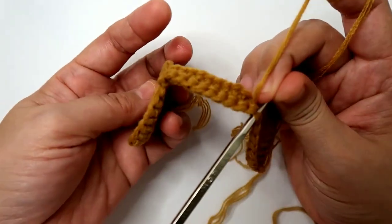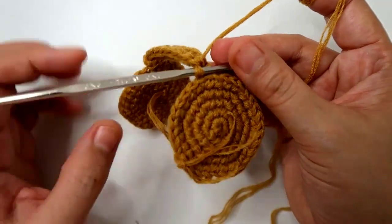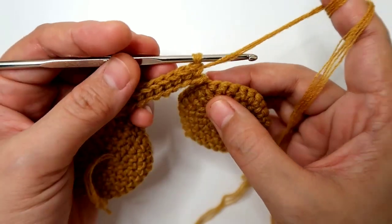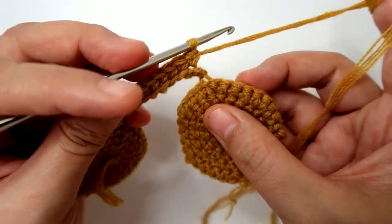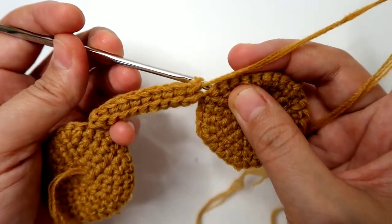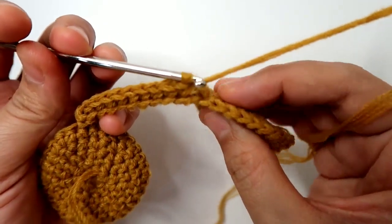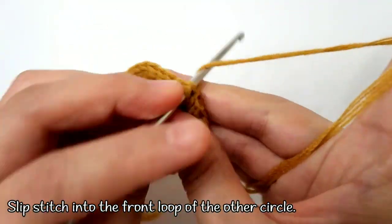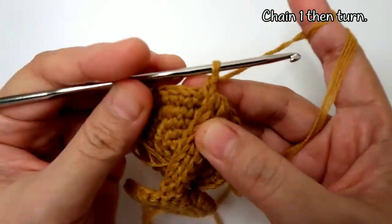to repeat. Right, so as you can see, this is the front side and the other one is on the front side too. So now when we get to the next stitch, which is here, we're going to put this yarn on the front like this. So make sure it's in the next stitch, which is here, and that is where we're gonna work a slip stitch, and then